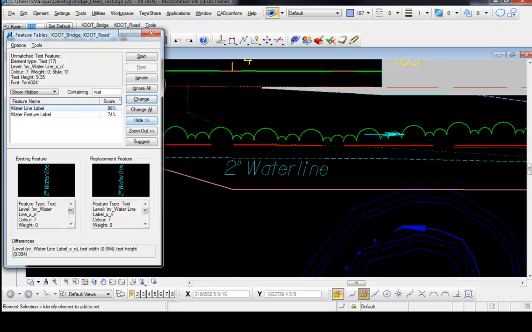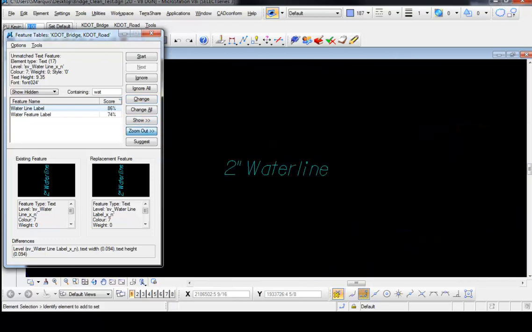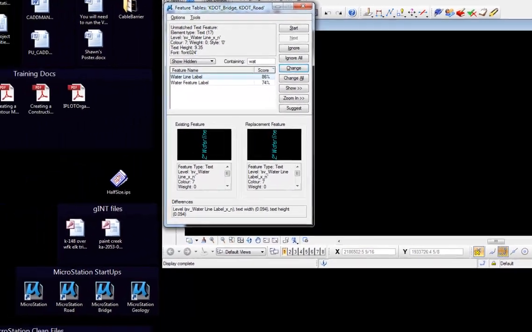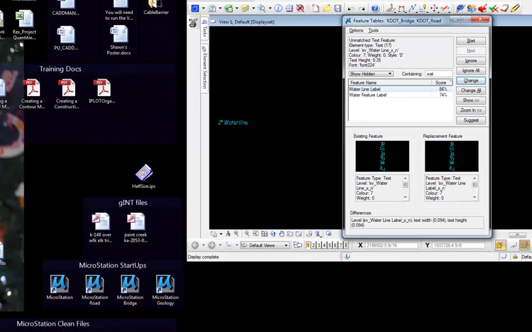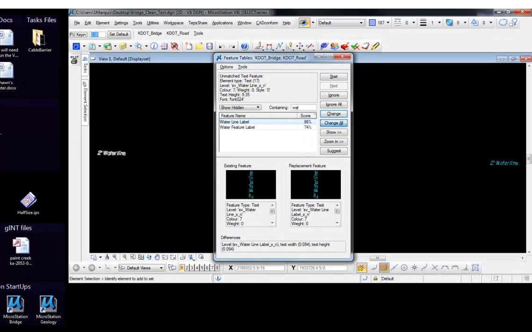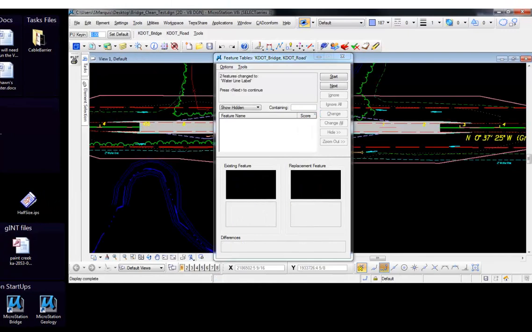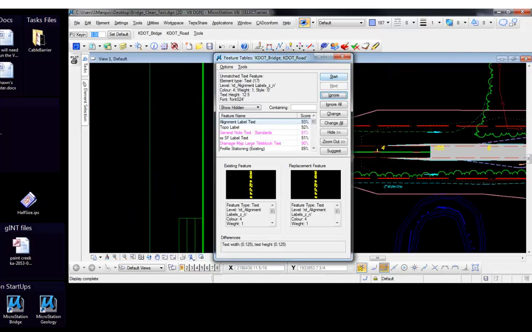We can do a hide, and we're going to do a zoom out, and see that there are two features that are going to be changed. We want to do a change all, and it's made them an appropriate size for a 50 scale drawing. Next is